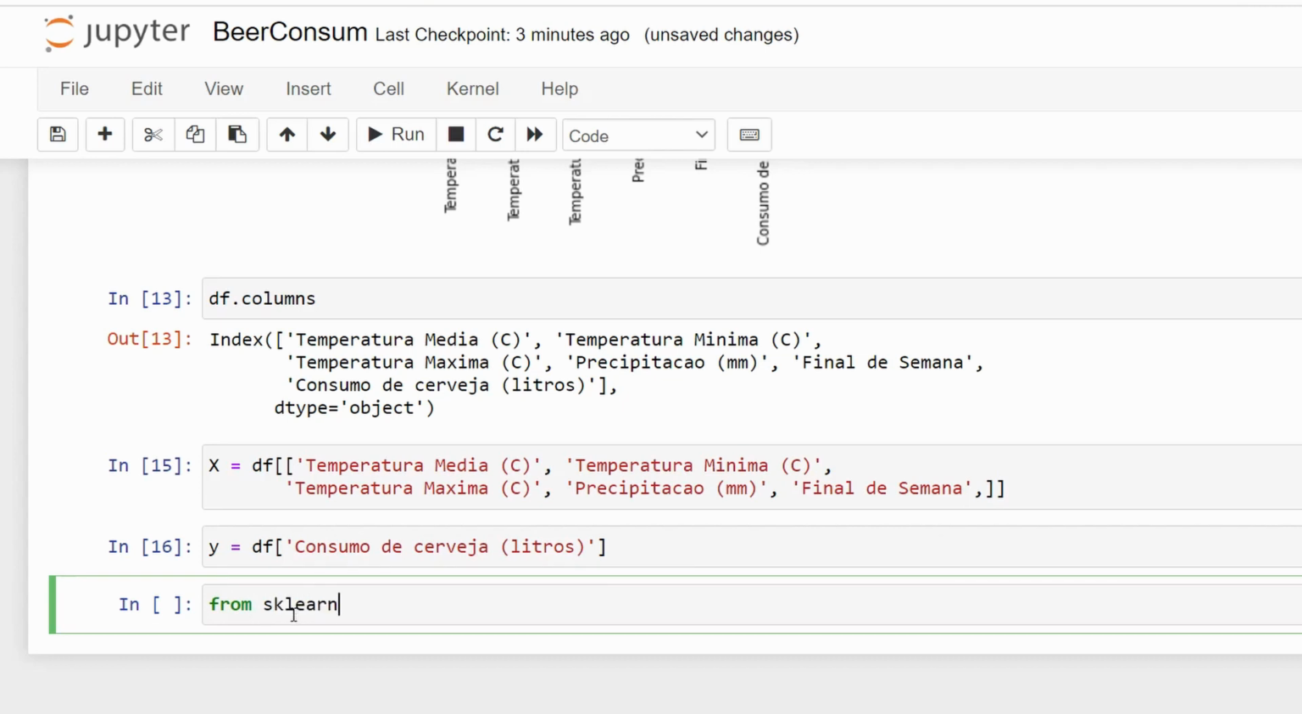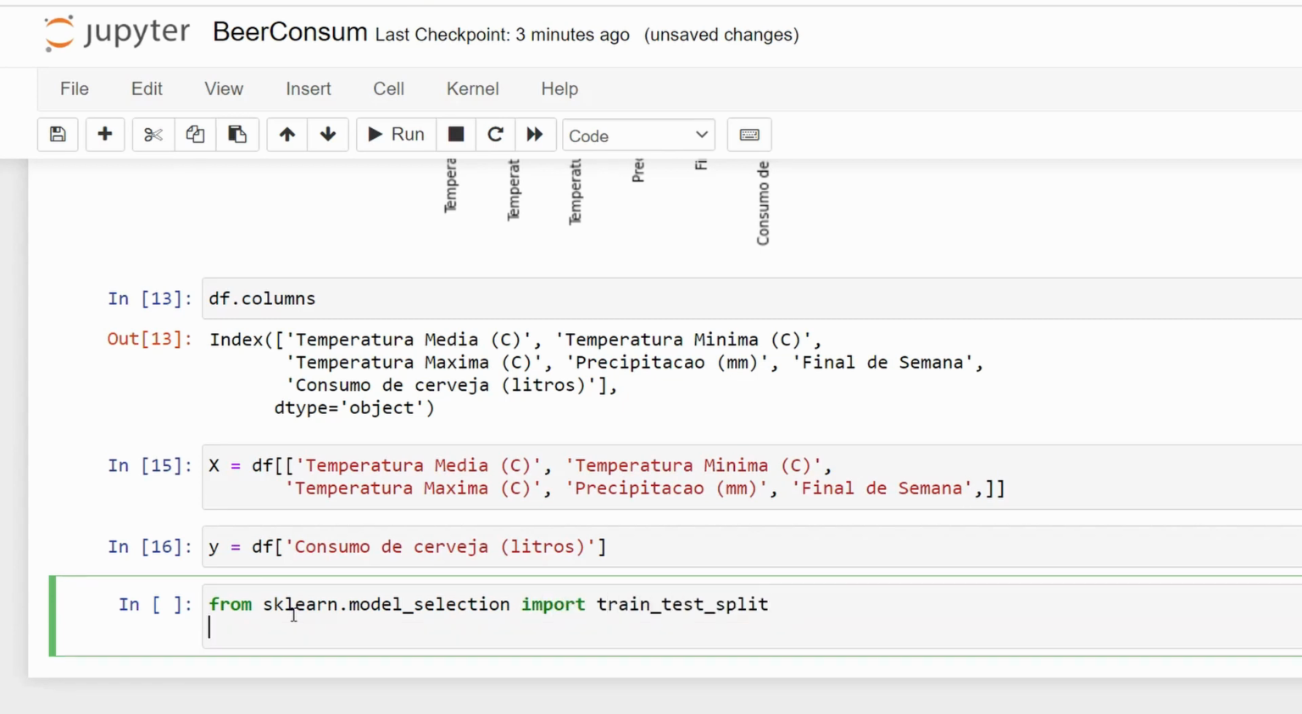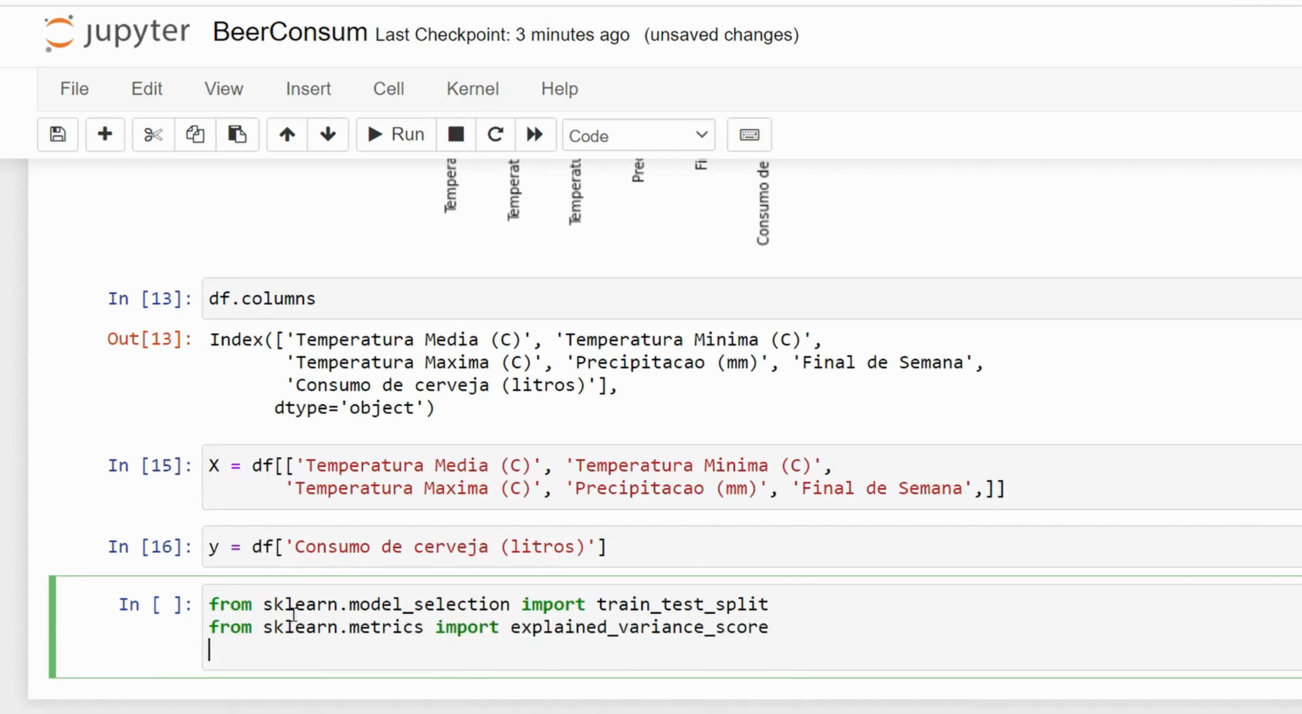So from sklearn dot model selection import train_test_split, and from sklearn also we are going to import the explained variance score metric, import explained_variance_score, and also X_train comma X_test comma y_train comma y_test is equal to train_test_split, and X comma y comma test_size,